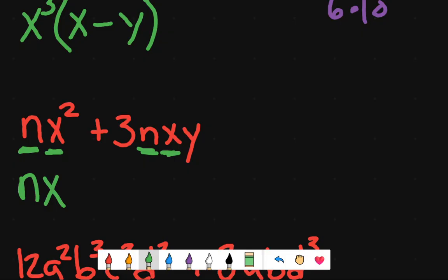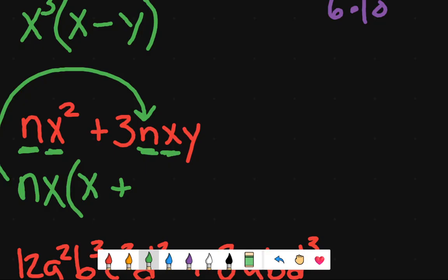Okay? All right, put your parentheses here. What do you multiply nx by to get nx to the 2nd power like you already have right here? What do you multiply? Did you say x to the 1st power? Were you thinking that? If you were, you would have it correct. So x to the 1st power plus, now what do we multiply nx by to get 3nxy? All right, so we already have nx here that's factored out. This has already been factored out. So we don't need to put another nx here when we start to multiply. So of course we're